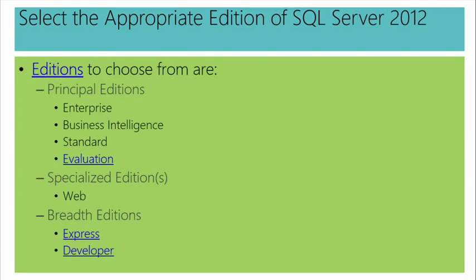So I have a link here for you to take a look at an edition comparison. Often I'll ask myself, wait a second, is this minute feature supported on this edition or that? I don't remember, and I don't want to remember. So I have the link here. You'll see there are the principal editions: Enterprise, BI, and Standard. And if you want to download an edition to play with that's time limited, I have a link for you there. There's a specialized edition, Web, and I want you to be aware of a couple of other editions that might serve you. For a no-cost edition.